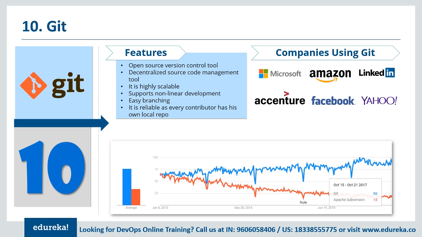Suppose we are working on a project and there are many changes that we are doing step by step, right? So for each and every change done on the file, a separate version will be saved so that if we want to roll back to the previous change, we can do that easily using a version control tool, right? Git is a part of a decentralized, or we can say distributed, source code management tool, or